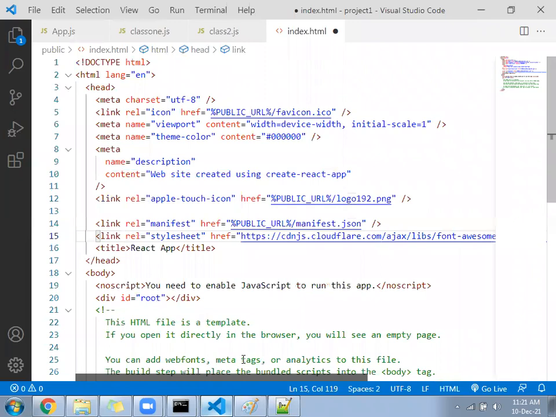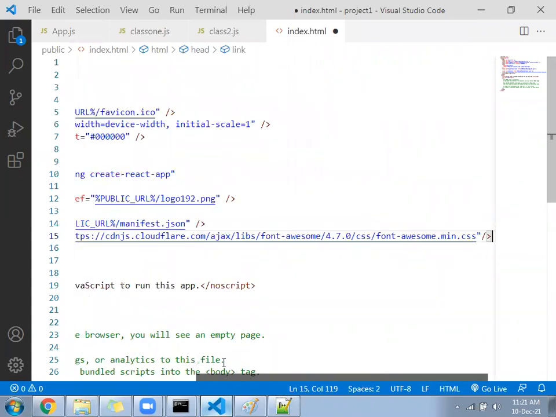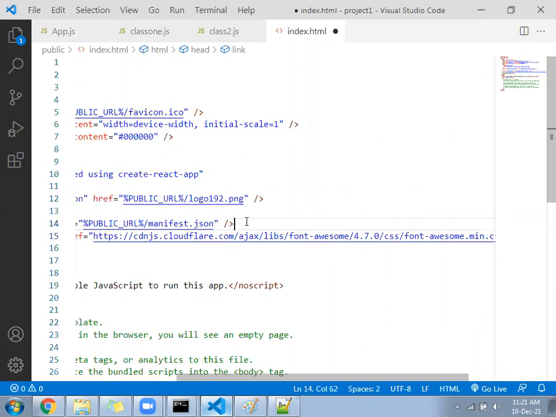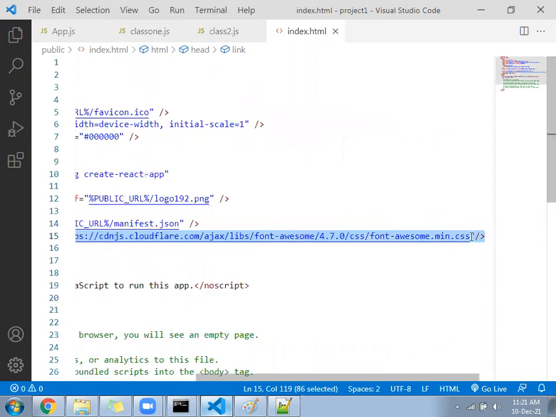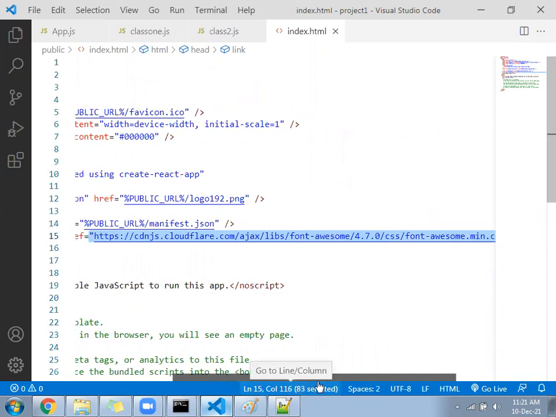So how will it come? Search for the CDN of Font Awesome and directly put it under the index.html file. Can you search that? Search it or take this one. I sent the URL in the chat. We can take this and you can easily use Font Awesome inside the project. Directly you can call the icons.